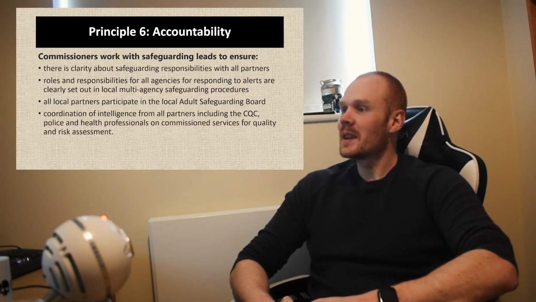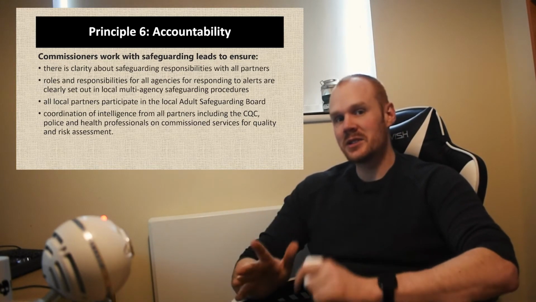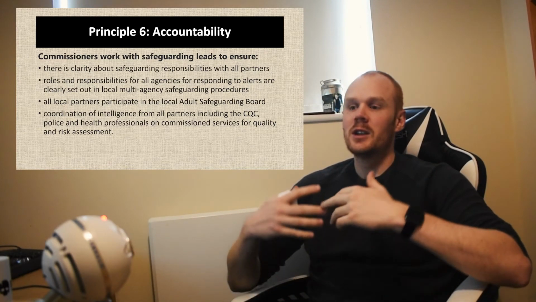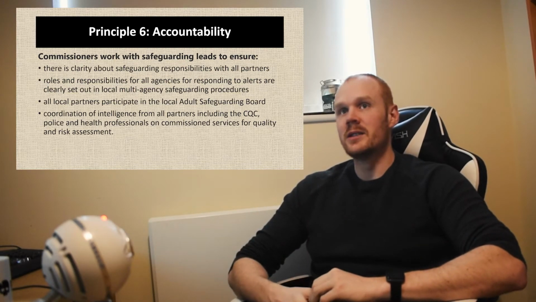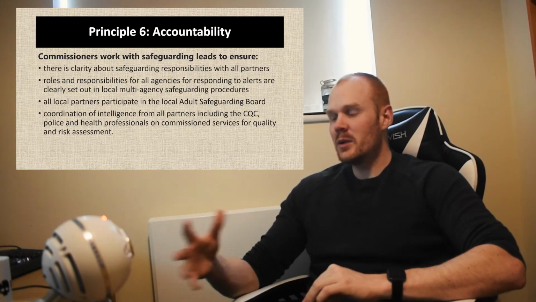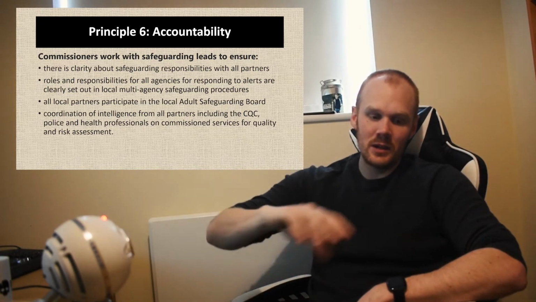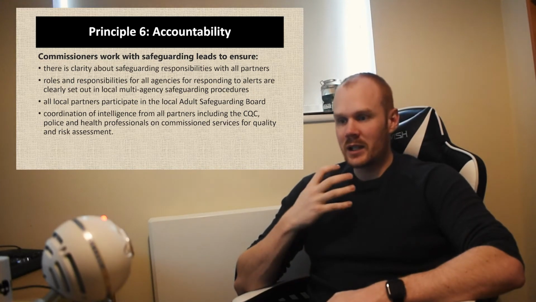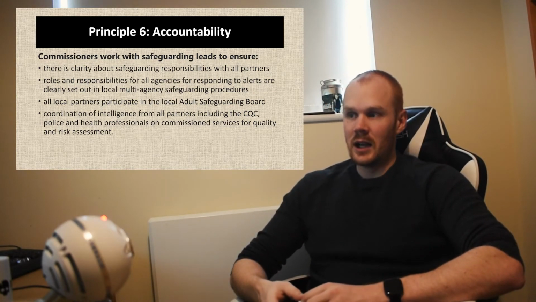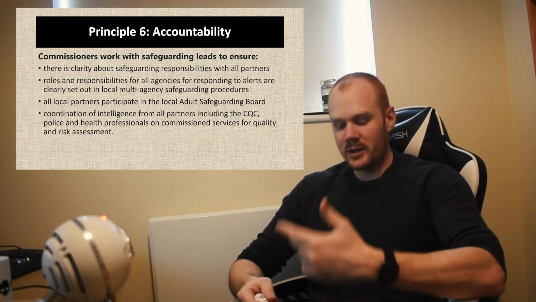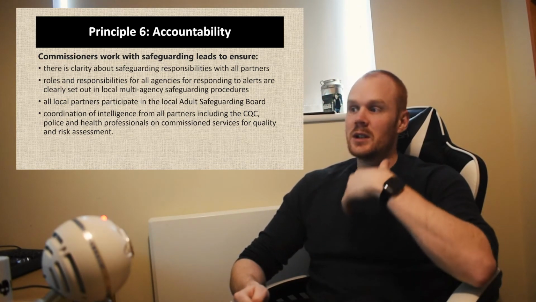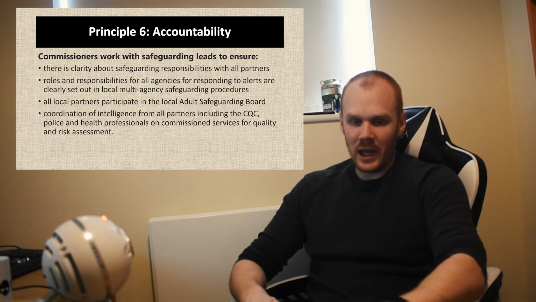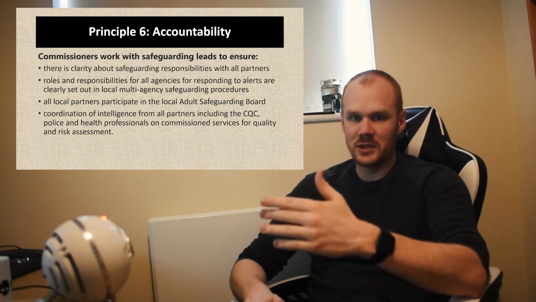Anyway, so basically there's accountability. That is the sixth principle. Accountability means that you are accountable to someone. You have to explain to someone else what you did and why. And that means that everyone within a care setting and within the organisations that are responsible for care need to be responsible and accountable to another person. So all local partners in the care settings need to be accountable to things like the Adult Safeguarding Board. All care settings need to be accountable to the CQC.